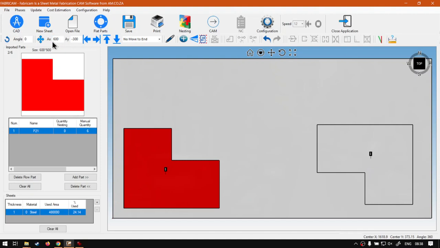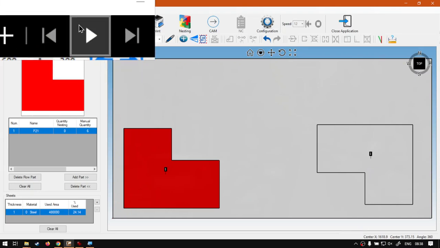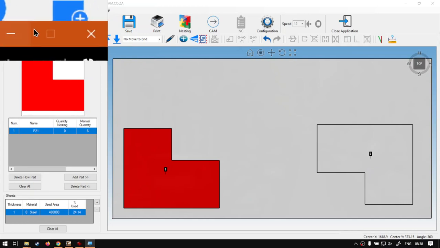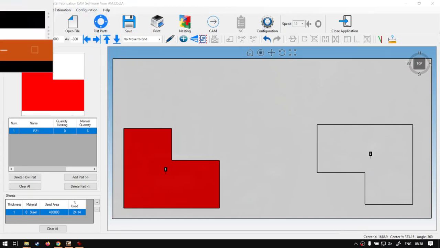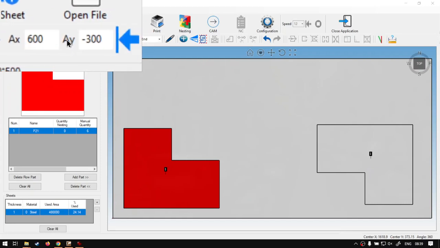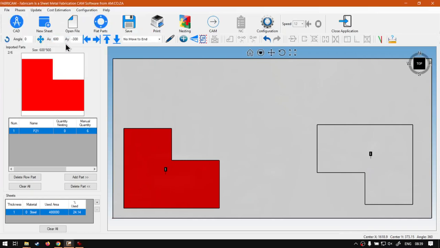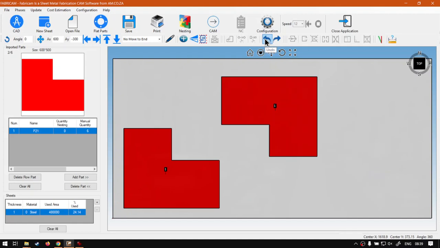So unless you change this value, let me zoom in for you guys again. Let's fix our zoom and just move this toolbar out of the way to the secondary monitor. So now, as you can see, unless you reset this, it's going to automatically add that with the next function. So that's why I say get in the habit of resetting this once you're done. So I'm just going to undo that. We move it back to its place. What you would want to do is select this, make it 0, click move, and then